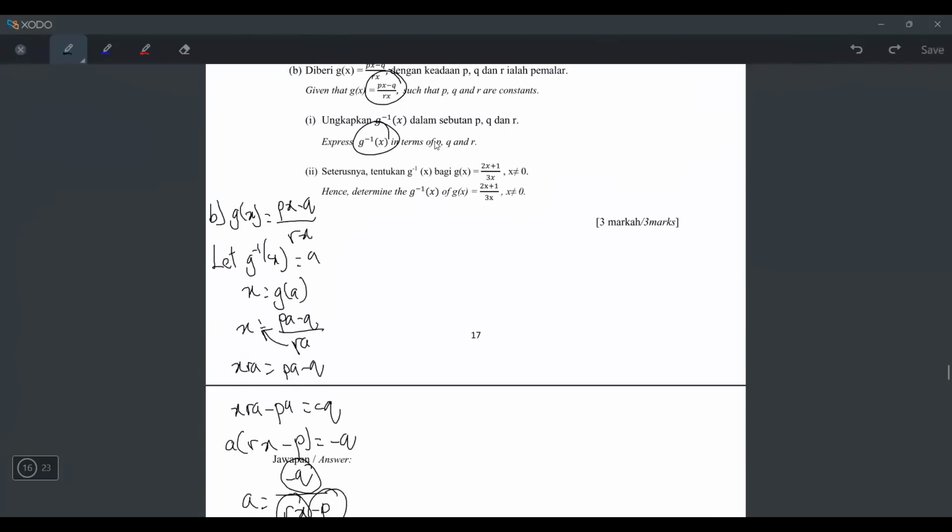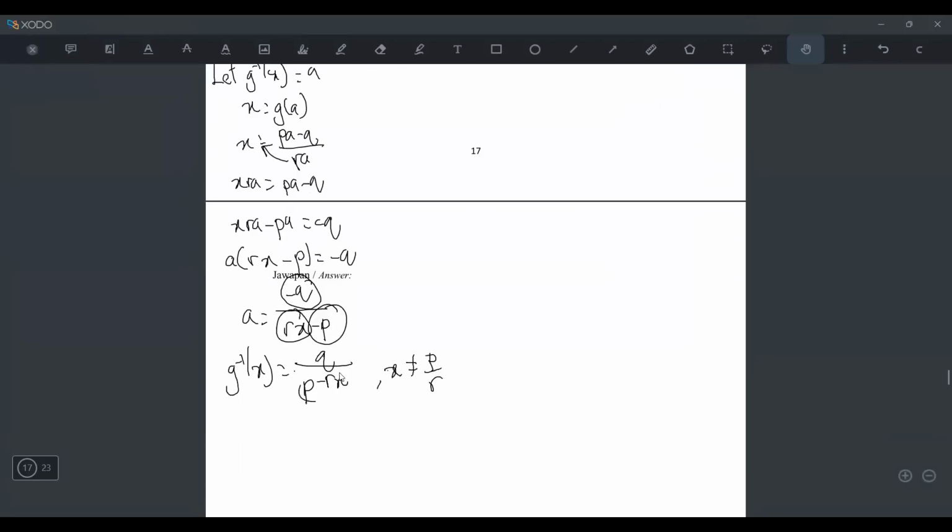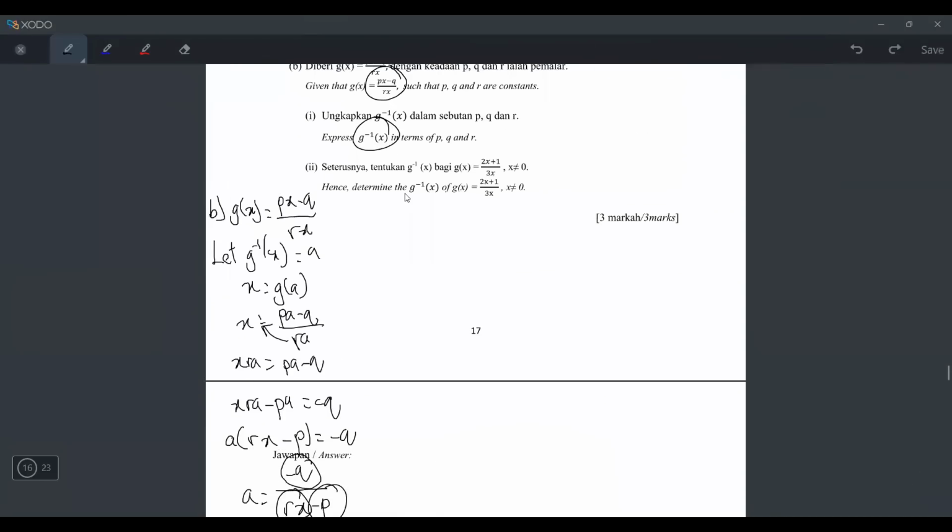So question 1 says express g inverse in terms of p, q, r. Is it in terms of p, q, r? Yes. And then question 2 says what? Determine the g inverse of this, right? So let's write down g(x) equals to (2x plus 1) over 3x. But they want you to determine the g inverse for this. So how to do? I will let g inverse x equals to a again, x equals to g(a) again, x equals to (2a plus 1) over 3a again,